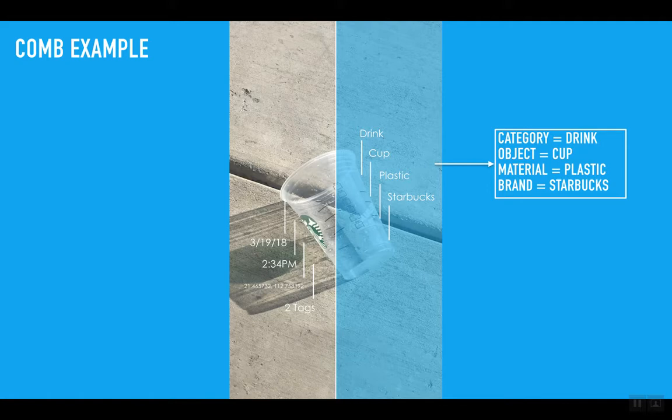So we're really looking for, if you can help us assist when you go out and do this with your students, to define what the object is, what the material is, and what the brand. We are still kind of working on category. It's rather complex. So if you're going to tag anything, then we would advise to tag on object, material, and brand.